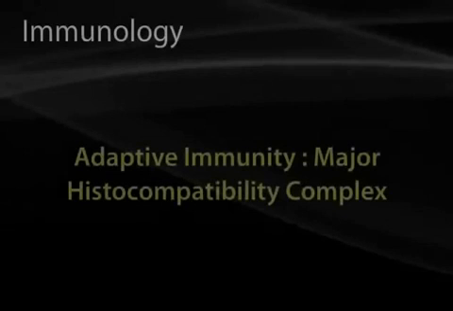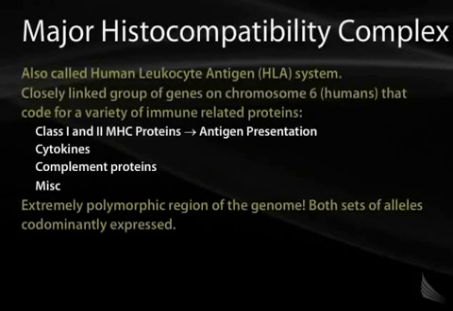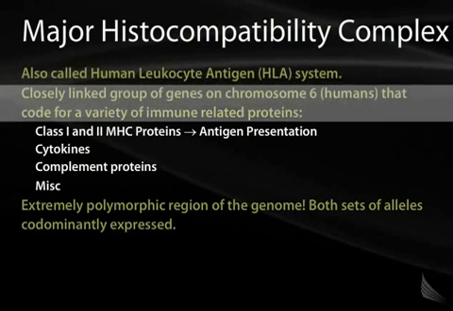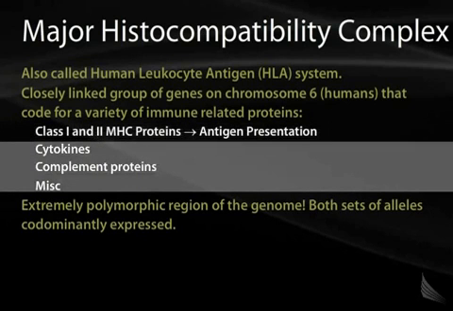In the next section, we'll discuss major histocompatibility complex. So the major histocompatibility complex is also called the human leukocyte antigen, or HLA system. It's a closely linked group of genes on chromosome 6 in humans that code for a variety of immune-related proteins. Class 1 and Class 2 MHC proteins, as we have discussed, are involved in antigen presentation. It also encodes for certain cytokines and complement proteins, as well as other miscellaneous proteins that won't be discussed as